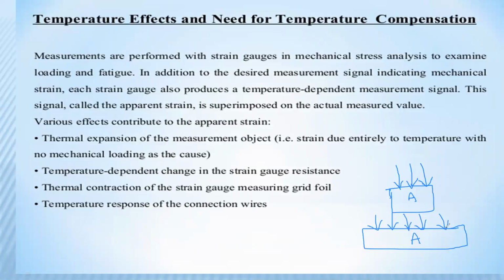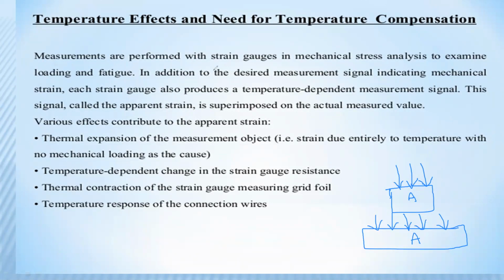Some types of objects are suitable for that temperature, and some types of objects are not suitable for that type of temperature. Then that type of object should be damaged. Okay, so that is the temperature effect based upon the strain gauges. Okay, and next one,